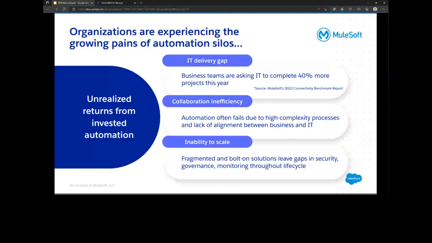So with that, I will move to the next step: why the need for a universal automation approach. We want to fill those gaps, like collaboration inefficiency and those challenges of scalability. We want to mitigate those. With MuleSoft, we will be able to mitigate those things.